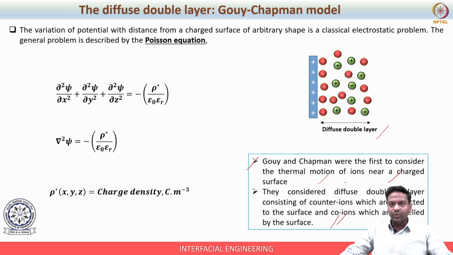Remember, when we talked about the electrical double layer theory in the beginning, we said whenever you introduce a charged surface into the solution, you can expect three possibilities: strongly bound counter ions, weakly bound counter ions, and diffuse counter ions. You may be asking why these aspects are not taken into consideration in the first place itself. Remember, one would not get this much clarity in the first place itself.